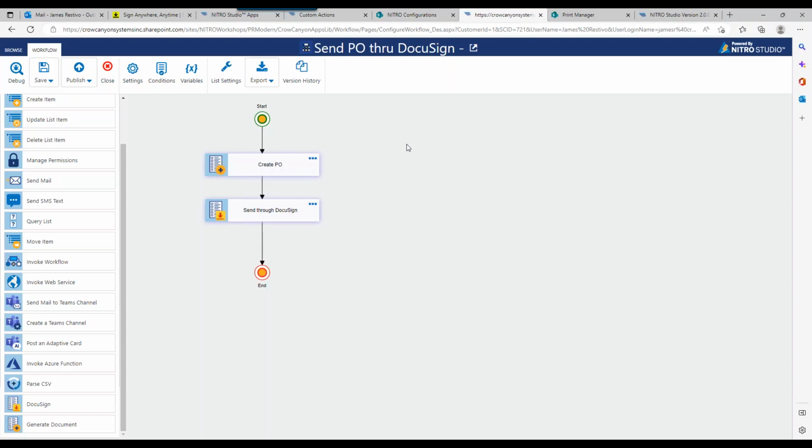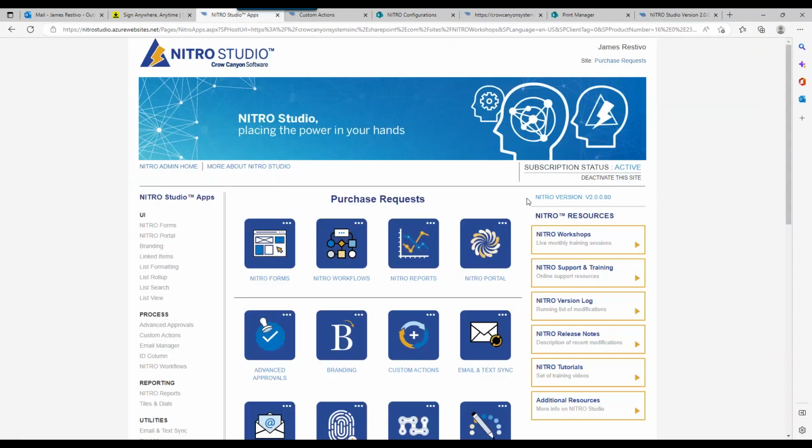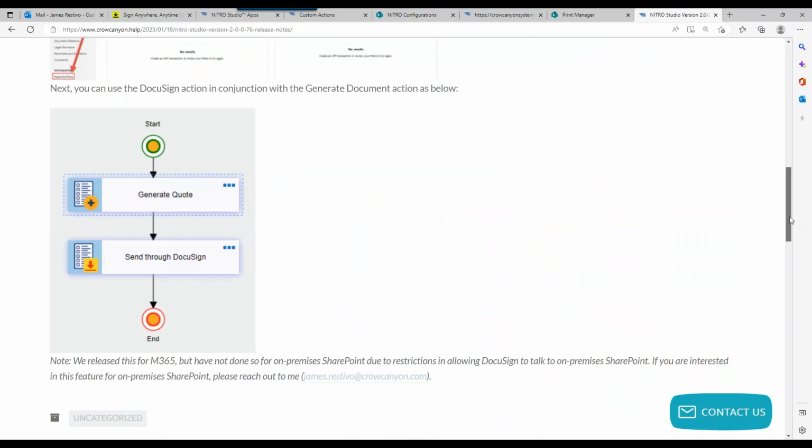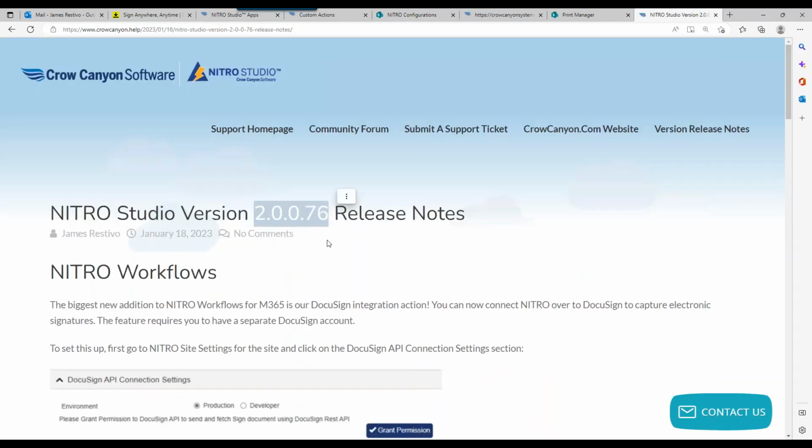So we do have a question about, is this a new module that would have to be purchased and installed by a Crow Canyon engineer? The great part about this is no, it would not. If you have Nitro Studio on Office 365, you can go to your Nitro page, Nitro apps, if you have access to this. Look for your Nitro version. This was released in Nitro version 8.0.76. So if you're at a lower version, you're not going to see this, but if you're at 7.6 or higher,